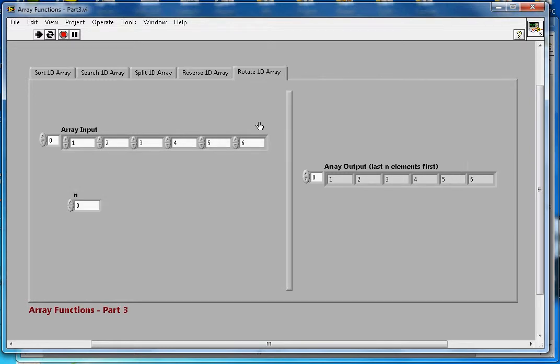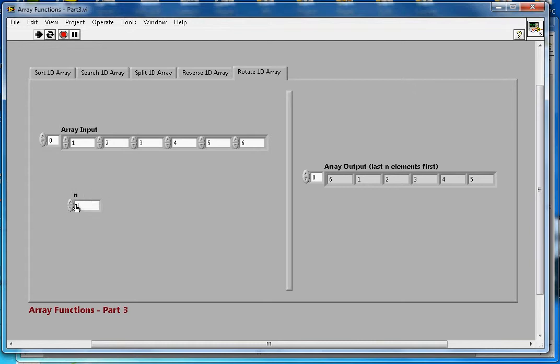Now rotate 1D array. Let's say I have elements 1 2 3 4 5 6. My index is 0 here, so I get the same output. But now let's say I want to rotate one element. Now everything rotates, so the 6 goes here and everything is shifted to the right hand side.